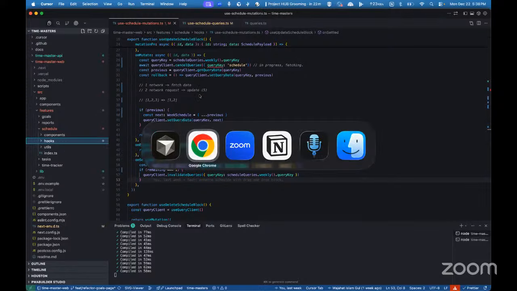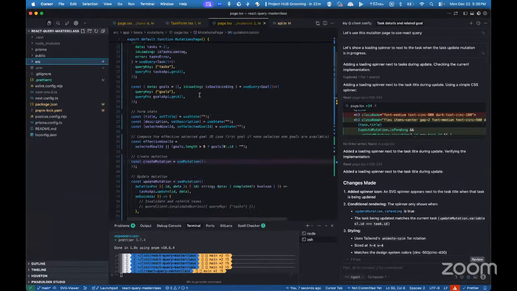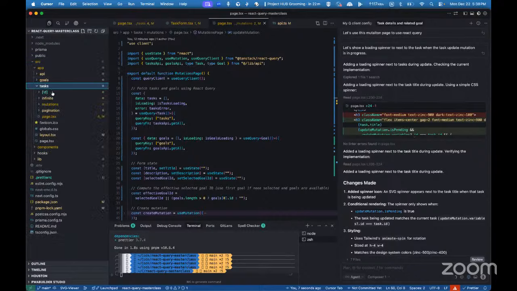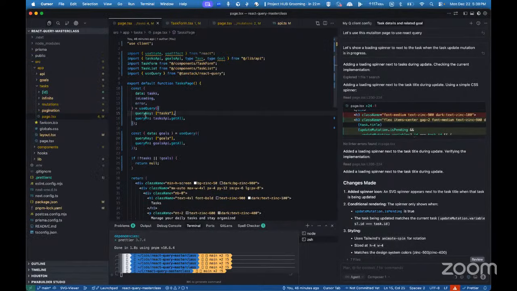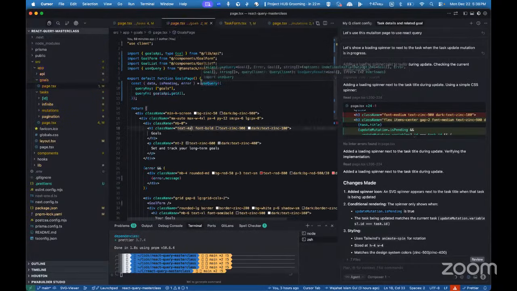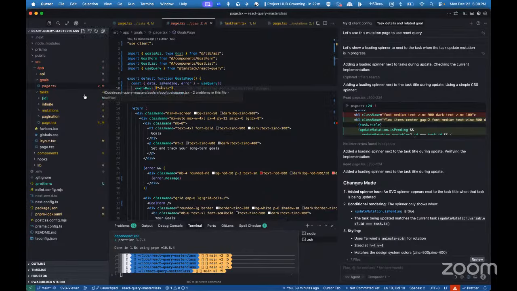तो अब हमने ये कोड वाला किया ना, अब इसमें देखें हमारे पास क्या था। हमारे पास टास्क का पेज था, यहाँ पे हमें गोल्स चाहिए थे, यूज़ क्वेरी के अंदर गोल। हमारे पास गोल्स का पेज था, उसके ऊपर भी हमें ये वाली यूज़ क्वेरी चाहिए थी। तो ये बेसिकली डुप्लीकेटेड लॉजिक है, ठीक है।